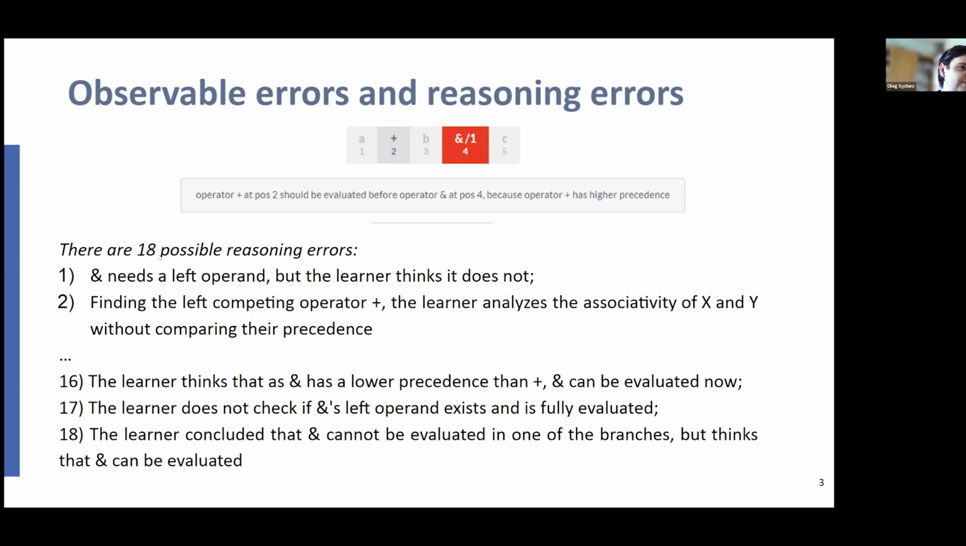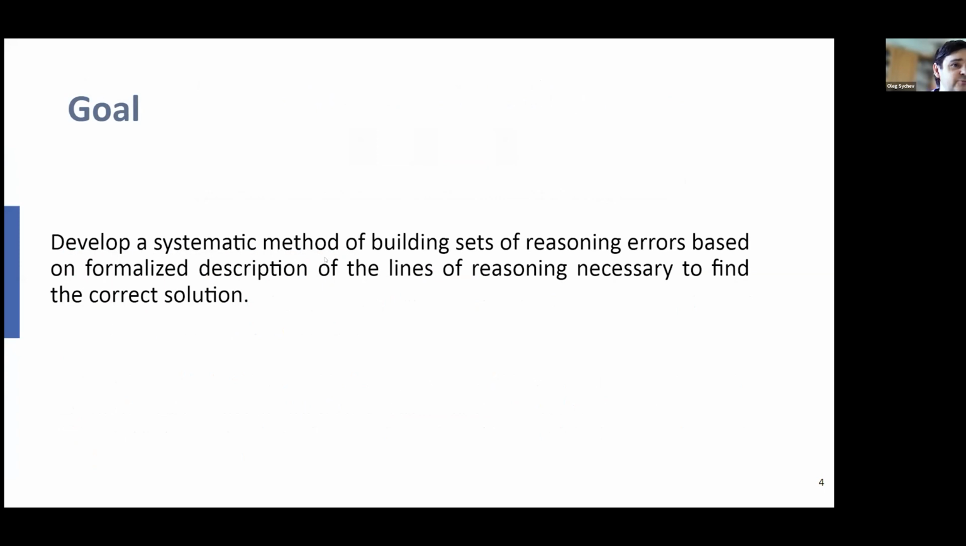However, there are 18 possible reasoning errors that can lead to this, starting from that the student doesn't know that the ampersand uses two operands, or the student can analyze the associativity before analyzing precedence, or the student may not know the factual precedences of the two operators involved, and so on. There are many ways to come to the same observable wrong answer. And without identifying them, we cannot know what caused this error, and we cannot fix the student's misunderstanding. It also interferes with